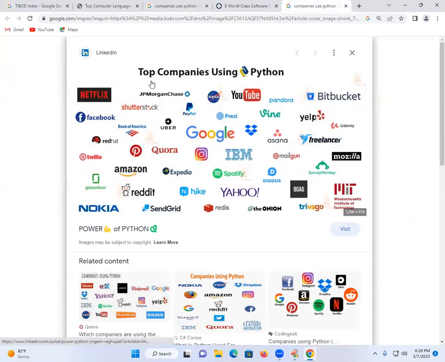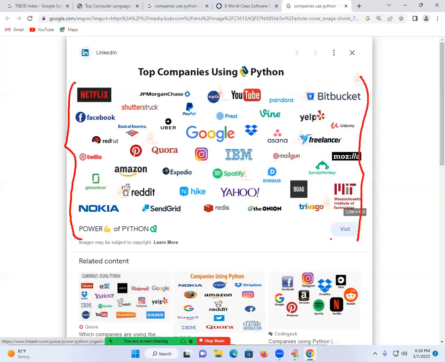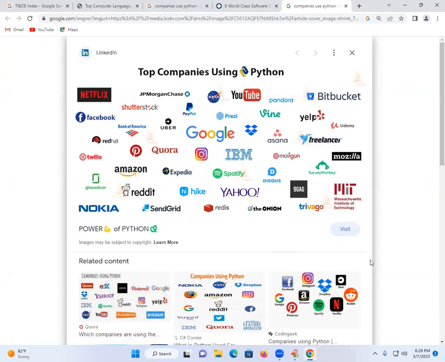Now, see the top companies using Python. You just observe it. This many companies use Python nowadays. Obviously, even startup-level companies definitely start using Python now. So such a world-class, first-choice programming language must be learned perfectly. And this class is something branded for Python.